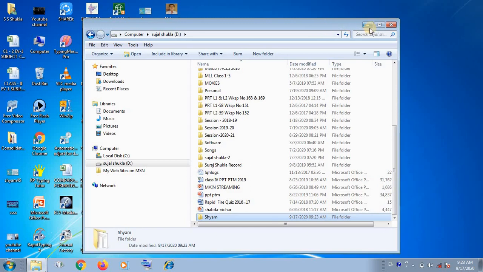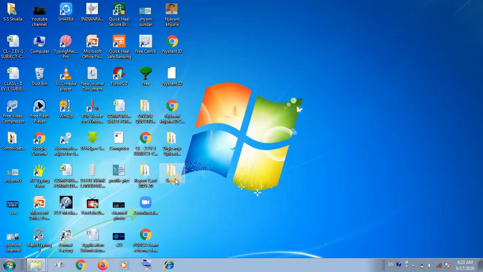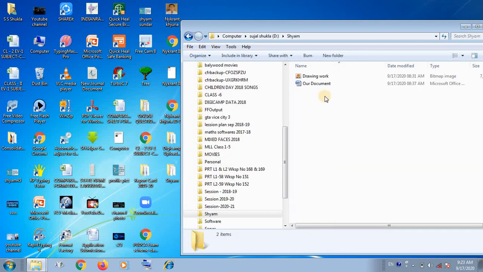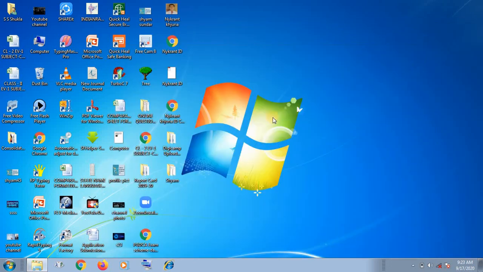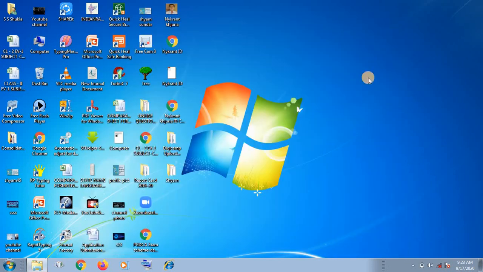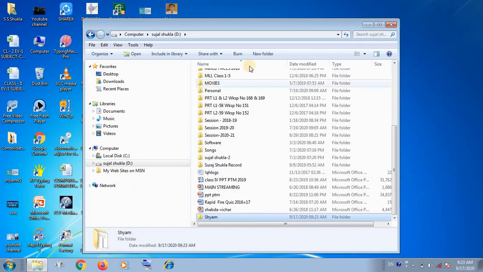Now you are looking here, the same folder is here, and in the D drive that folder is here, and inside the folder both files also. Okay, in this way you can make a duplicate of any folder by using the copying option, and both locations will have the same file and folder.